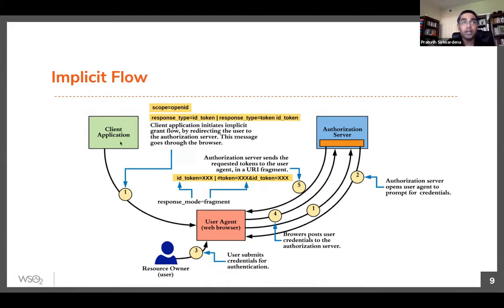Then the client has to extract out the state parameter from the response it gets from the authorization server and validate that against what is stored in the session. If they do match, then it's fine. Otherwise, you need to reject the request. But this doesn't solve the token injection problem. It will solve the cross-site request forgery attacks. So why doesn't this solve it?